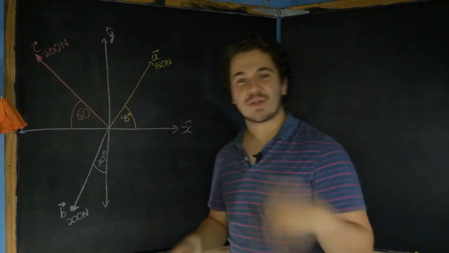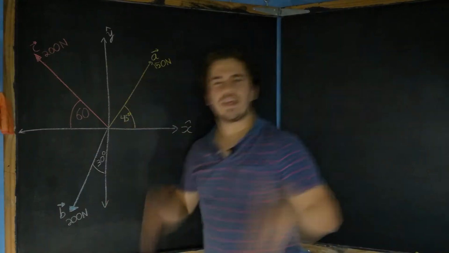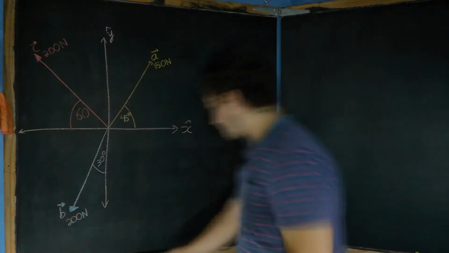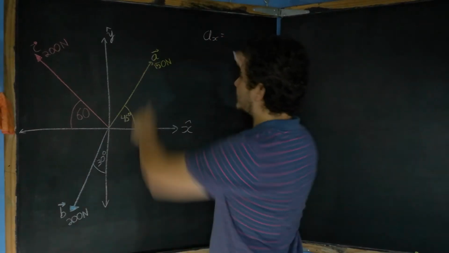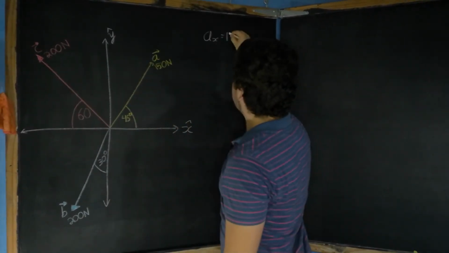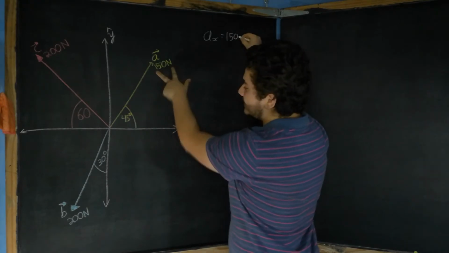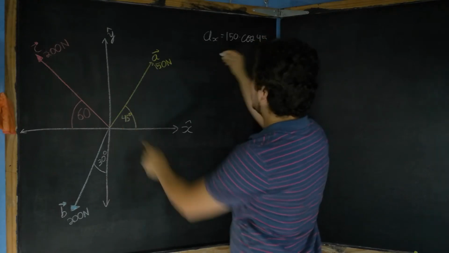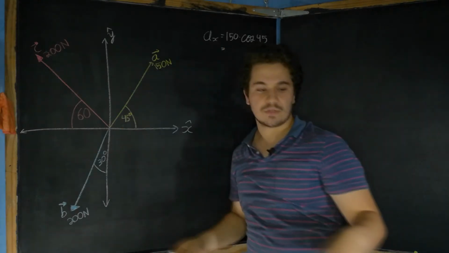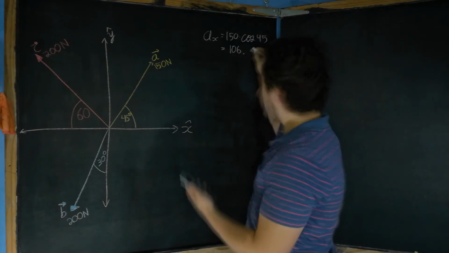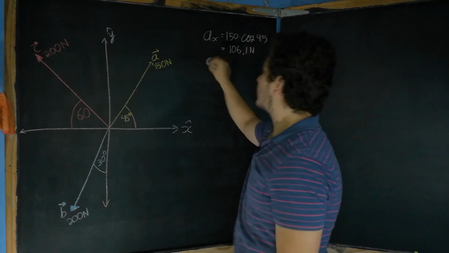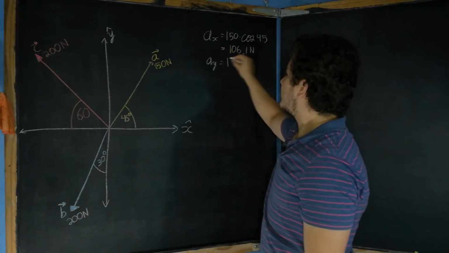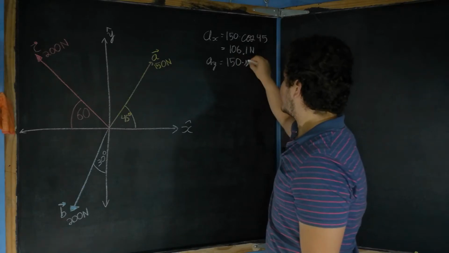Hey guys, in this video I'm gonna quickly explain how to add these vectors. If you recall, to add vectors we first have to decompose the vector in its components, so let's do that first. To get the x component of the vector a, we just multiply 150, the magnitude of the vector, times the cosine of the angle. Okay? And this is equal to 106.1 newtons. The y component is very similarly calculated, but this time instead of the cosine we use a sine